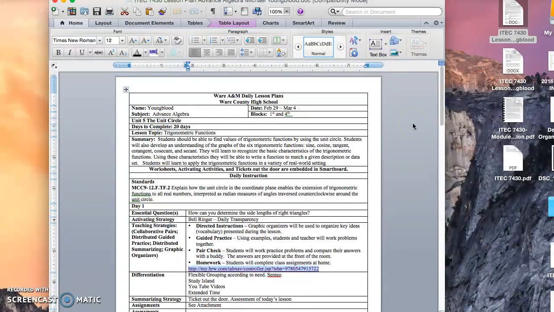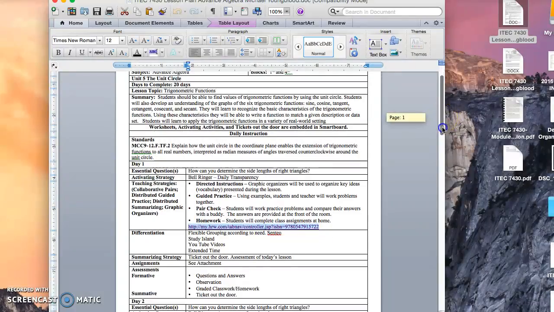But we do share a lot of information, and I feel like at the end of the day, our kids get a chance to learn the standard. I think we give enough time of a directed instruction. We give them some guided practice,